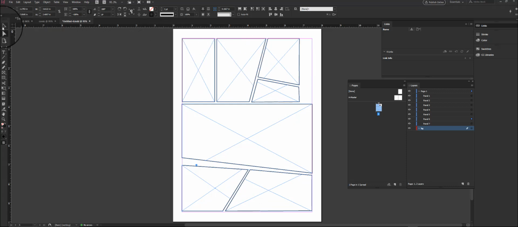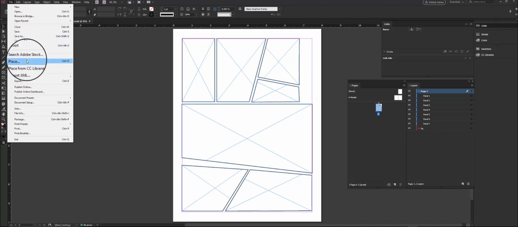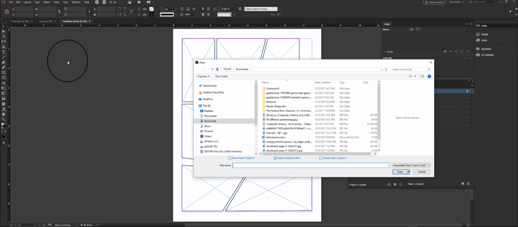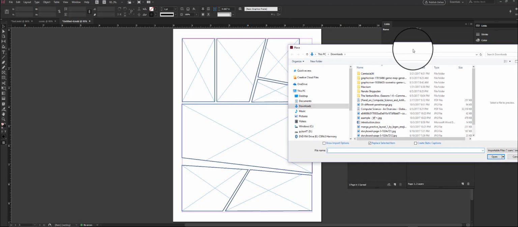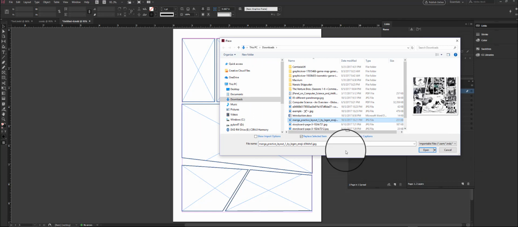The first thing I'm going to do is go here to my selection tool. And if you have anything selected, what you want to do is select away from all of that so nothing is selected. And I'll show you why I'm doing that in a second. But I do have some images that I want to place. So there's a couple of ways you can do this. You can go to File, and then you go here to Place, or you can hit Control D. When I do that, it's going to open up my File Explorer,